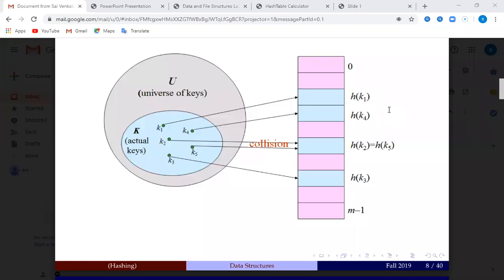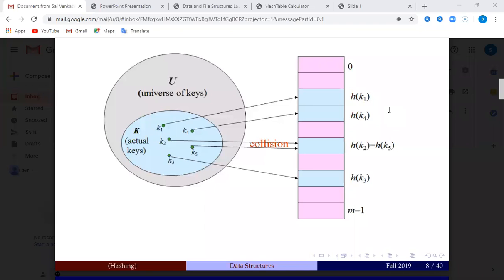So a hash table is a data structure which is used to store a number of values, a number of keys, into the corresponding indexes or locations based on the computation of a hash function. In order to send a key to a particular location of the hash table, we perform the hash function.